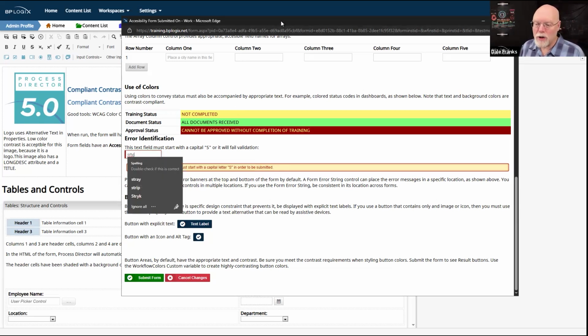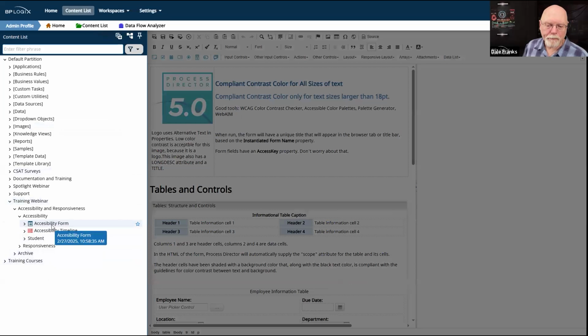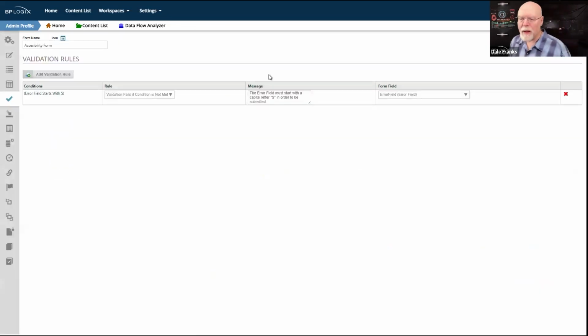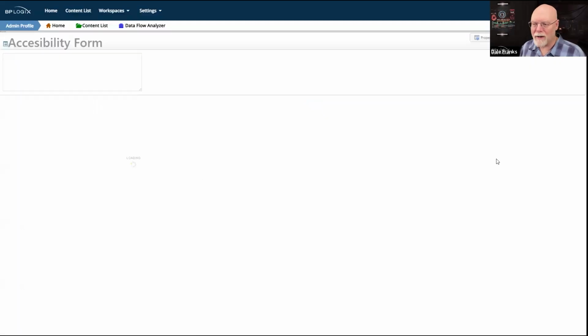So I need to ensure that the error messages that I provide in my validation rules tell the user how they can correct the error that is preventing them from submitting the form. So you have to give users clear instructions. So on the form, when you go into the validation rules tab, you need to be sure that the message that you provide here is a helpful message, not this.